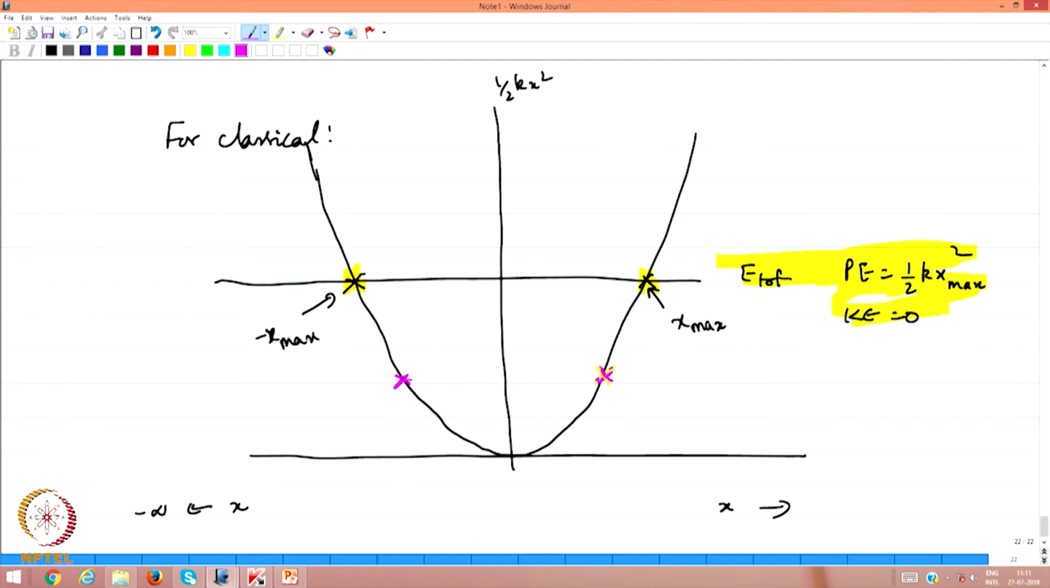The potential energy is given by half k x square, which is the x value here, some intermediate x. So the total energy is still of course this, because that is the E total. Therefore, if this is the potential energy, quite obviously this is the kinetic energy. But remember, for a classical oscillator, every point of the harmonic oscillator, the parabolic curve, is well defined,